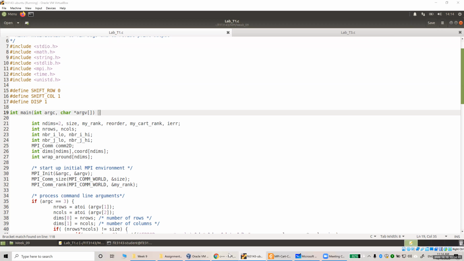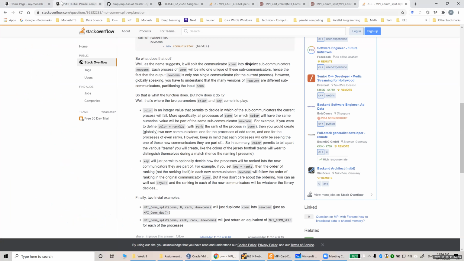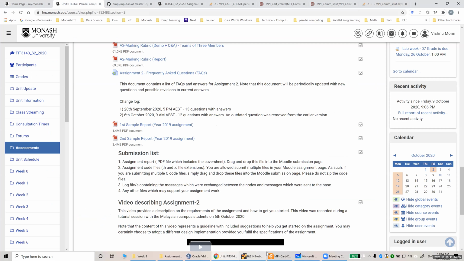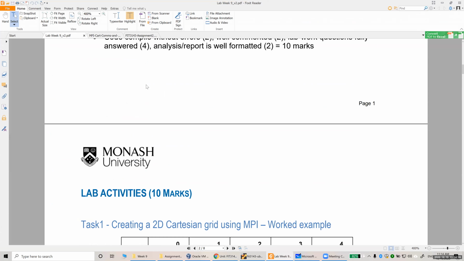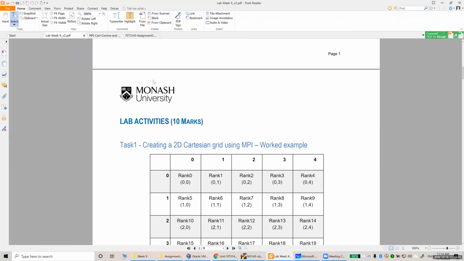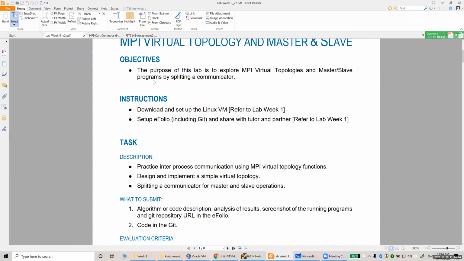All right. So I'm going to share the screen now. Okay. So over here in this week's lab, maybe I should open the lab file first. Okay. So there are several tasks for you to undertake in this week's lab. All right. The first one being